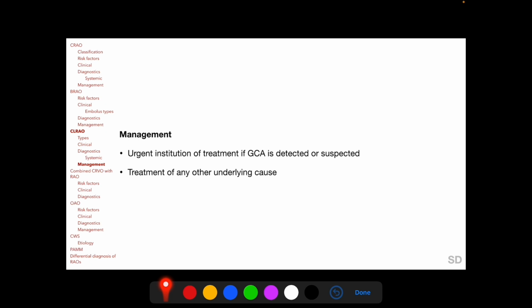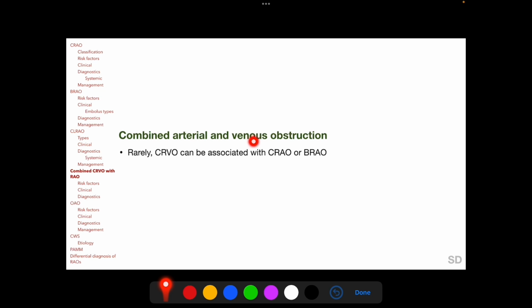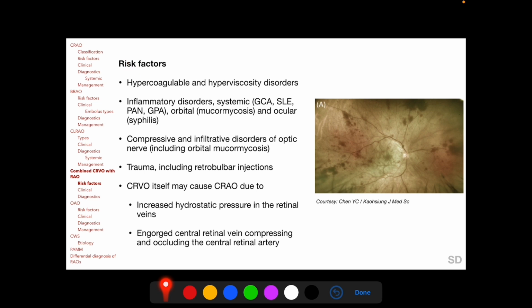And if any other underlying etiology is detected as a potential cause for the CLRDO, it should be treated. Combined arterial and venous obstruction is a rare entity in which central retinal vein occlusion can be associated with either central retinal artery occlusion or branch retinal artery occlusion. We should note here that central retinal vein occlusion associated with cilioretinal artery occlusion is not considered as a combined arterial and venous occlusion. The risk factors of combined CRVO with retinal artery occlusion include hypercoagulable and hyperviscosity disorders, inflammatory